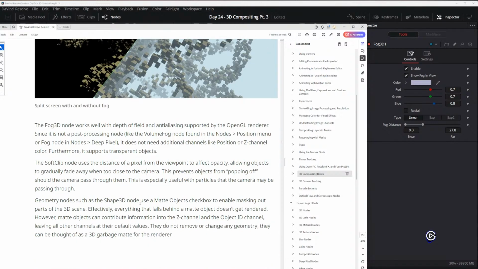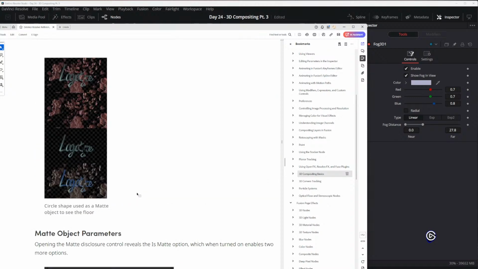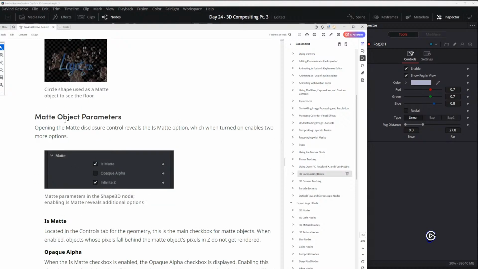Geometry nodes, such as the Shape 3D node, use a matte objects checkbox to enable masking out parts of the 3D scene. Effectively, everything that falls behind the matte object doesn't get rendered. However, matte objects can contribute information into the Z channel and the object ID channel, leaving all of the other channels at their default values. They do not remove or change any geometry. They can be thought of as 3D garbage mats for the renderer. Matte object parameters. Opening the matte disclosure controls